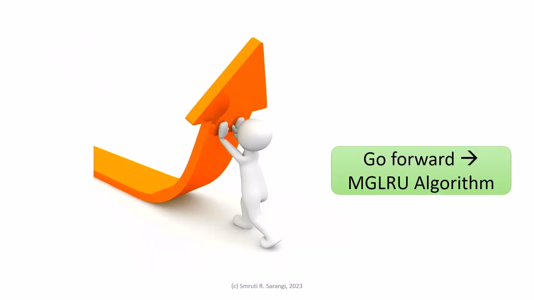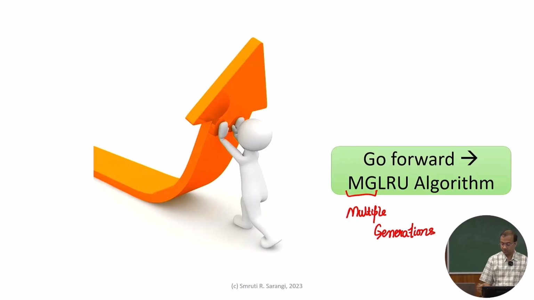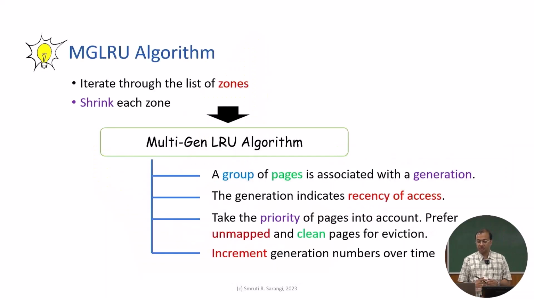Welcome to the lecture on the MGLRU algorithm. This is a variant of LRU and MG stands for multiple generations. So the idea here is that